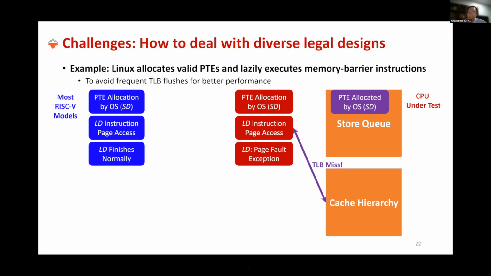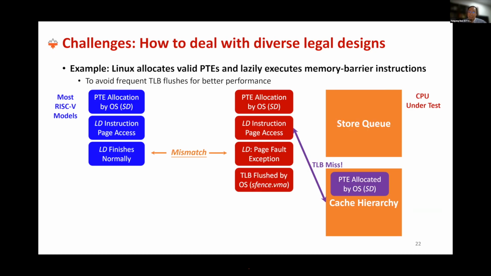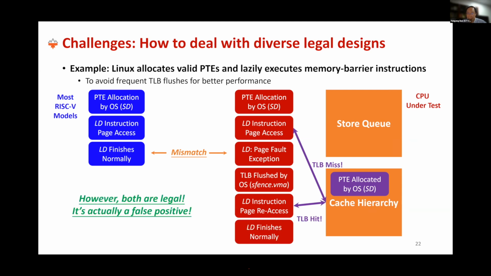And after the exception, in this case there is a mismatch between the two paths, and for the right path we have to execute the load instructions. So these two paths are both legal, but this will raise a lot of implementation overhead for the reference model. So how do we deal with this case, especially since we easily generate the Verilog code?